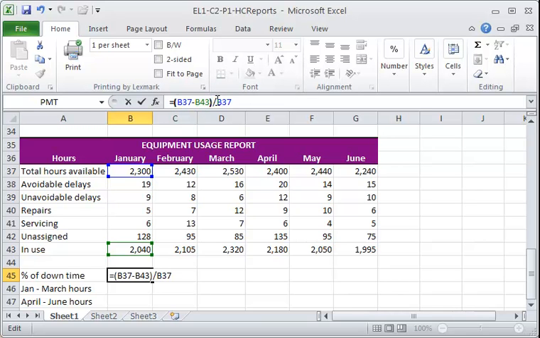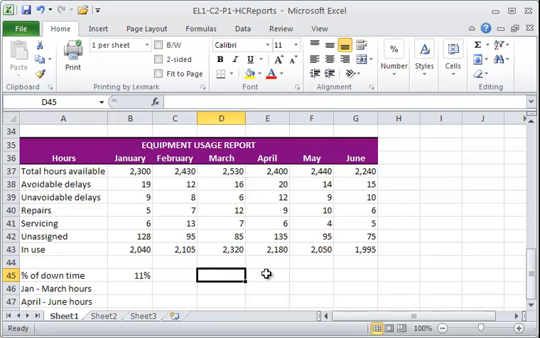So I'm just adding parentheses so that it'll subtract first and then divide by B37, and then I'll press enter, and that gives me 11%. So 11% of the time that particular piece of equipment was down. Each one of these cells for the month, they want to know what the percent is that it's down, so we're just going to fill